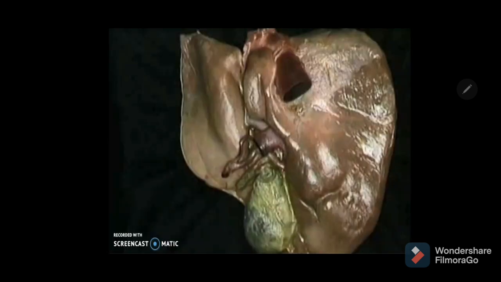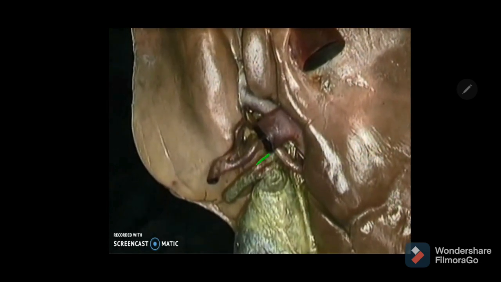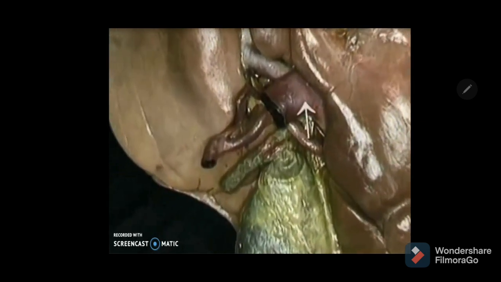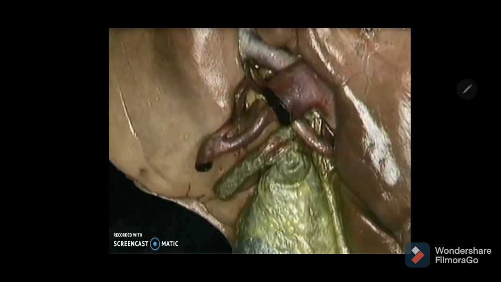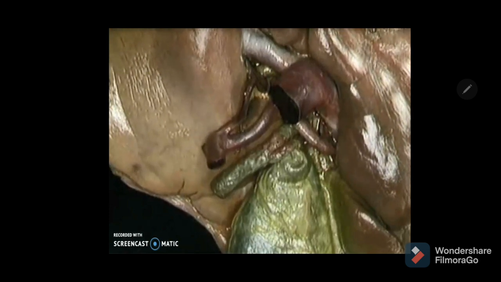So as you see here, when you see the inferior surface of the liver near the porta hepatis, which we have discussed in the previous video regarding the anatomy of the liver, the porta hepatis has different contents. Here you are seeing the common hepatic duct. What is the arrangement of the structures of the porta hepatis? Duct, artery, and vein. Cystic duct is here, common bile duct is here, and you are noticing the hepatic artery and also the portal vein dividing into right and left branches.